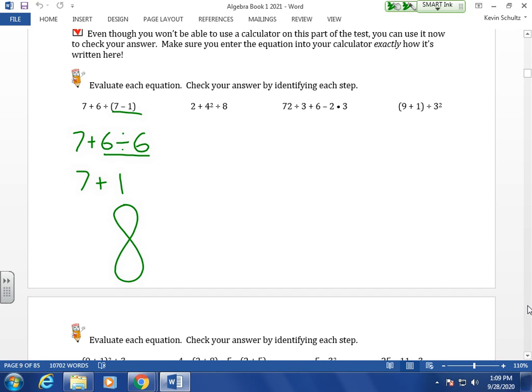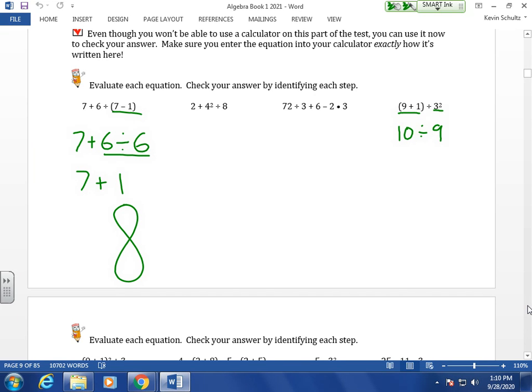Let's talk about the last one on this front page here. 9 plus 1 in parentheses divided by 3 squared. Can we do more than one calculation in our first step, Luke? Yes, I'm pretty sure, because it won't make any difference. Right. We can actually underline both our parentheses and the 3 squared here because one doesn't affect the other. They're separated by division. So whether we do them in separate steps or all in one step, it doesn't change the value. So we have 10 divided by 9,